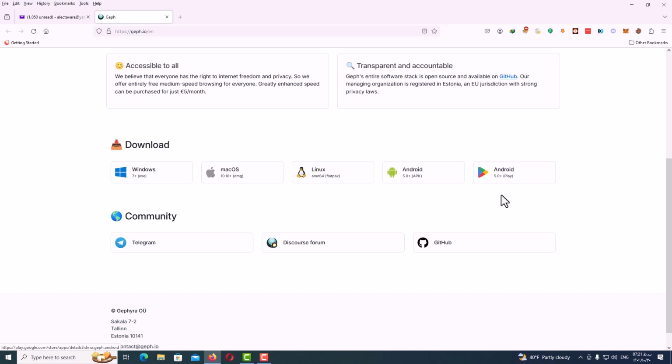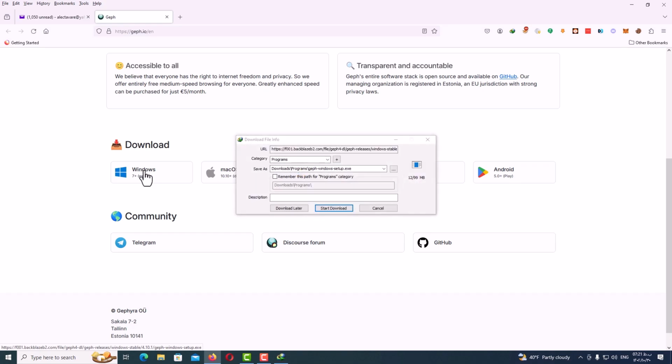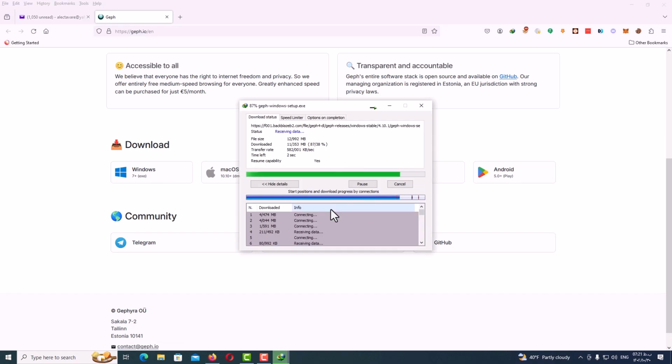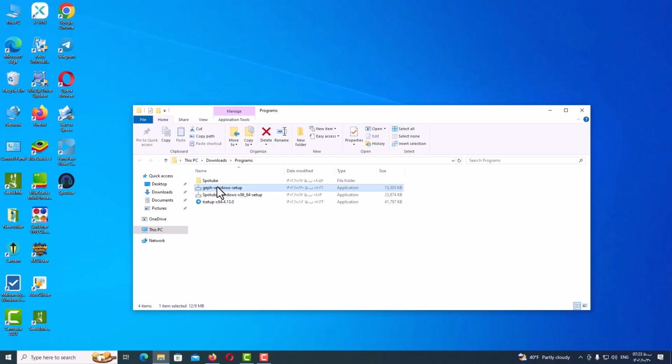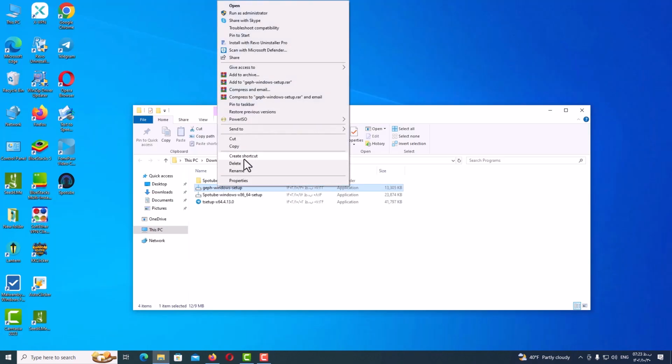Now I will select Windows, and as you can see, it's for Windows 7 and above. I mean Windows 8, Windows 11 or Windows 10. The size of the program is about 12 megabytes, so it's easy to download. Just start the download. After the program is completely downloaded, go to the download folder and try to install it. It's so easy guys, just right click on the downloaded file